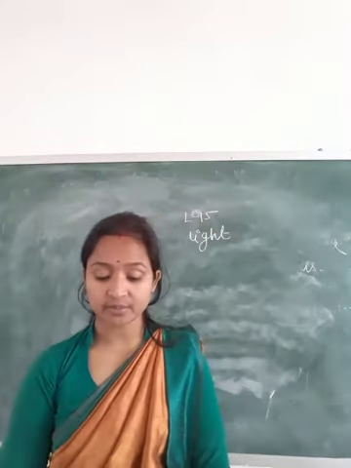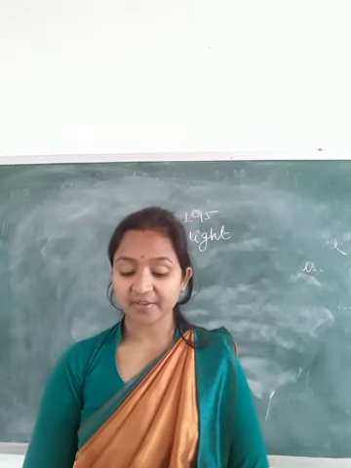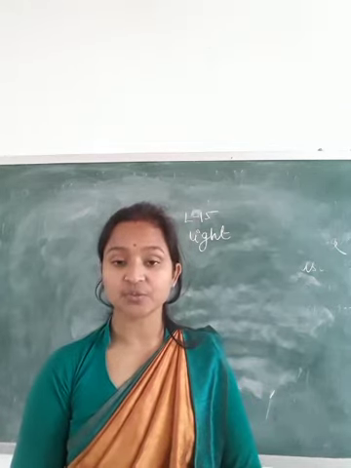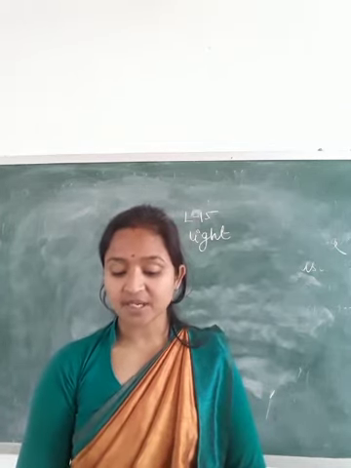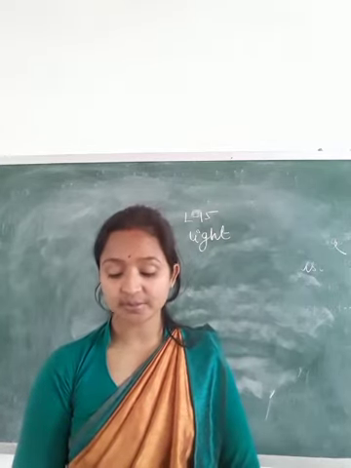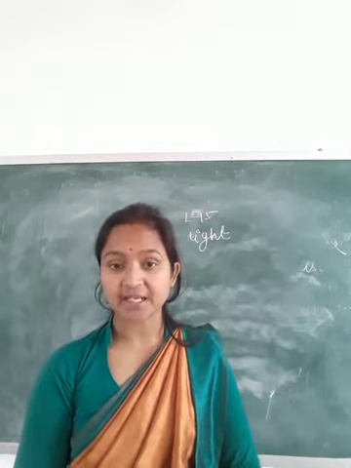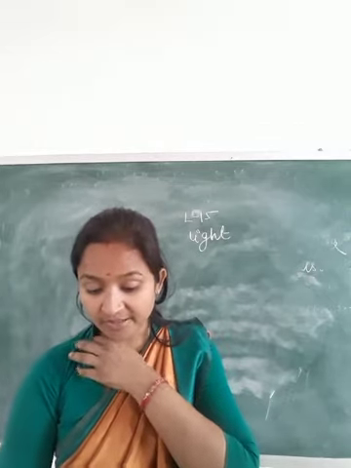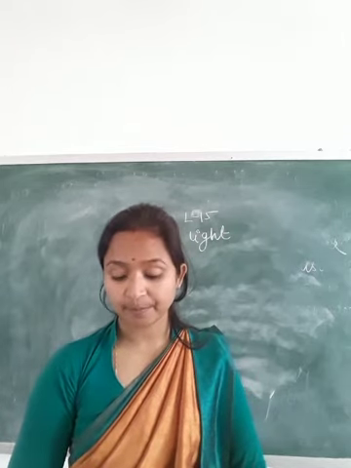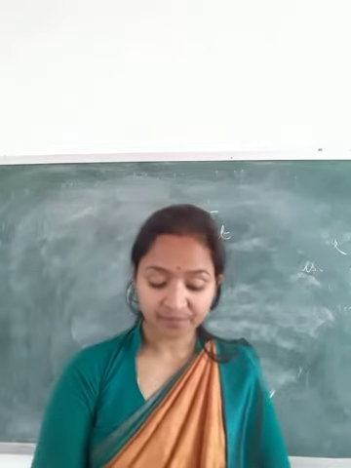Conclusion. What is the conclusion? When an object is fairly far away from the convex lens, a real, inverted and diminished image is formed. This image becomes larger as the object is slowly moved towards the lens, till a stage comes when the size of the image is equal to the size of the object. When the object is further moved towards the lens, the size of the image becomes bigger than the size of the object. In all cases, the image is inverted and real.